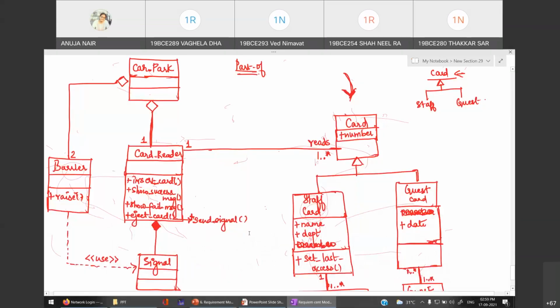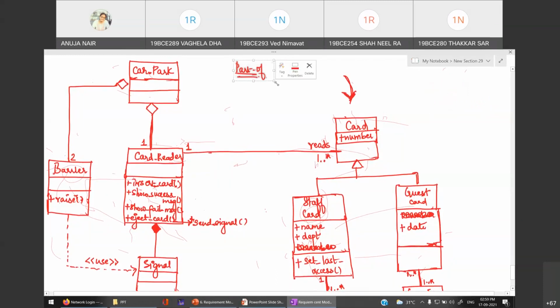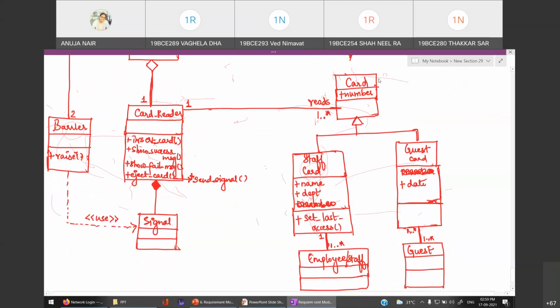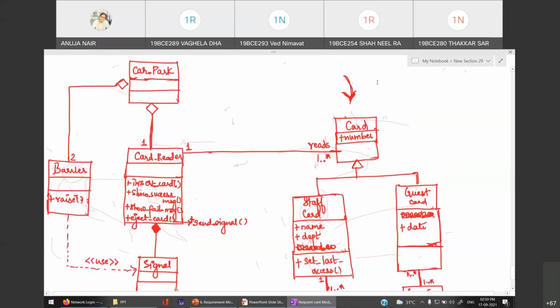This diagram is not there in the PPT, right? I don't know whether you have made it with me or not. Otherwise, you just take a screenshot. It would be gone later on. Yes, everyone, we require this diagram because when I would be teaching you sequence diagram, that time I would be making the same question in sequence diagrams. So that's why you need this diagram. Please keep it with you.